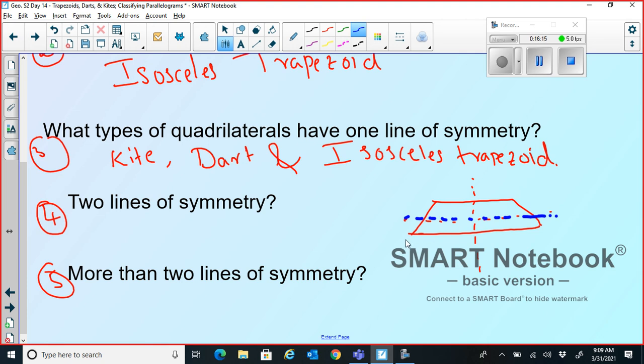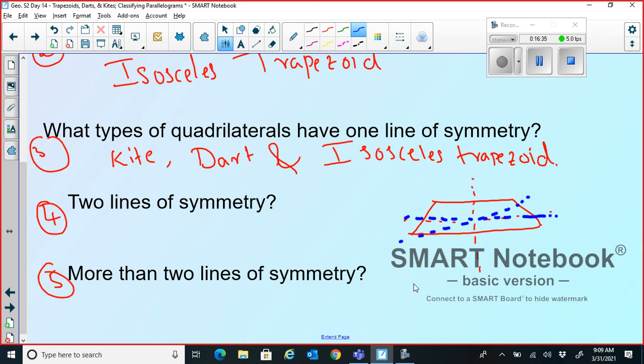Let's try once again across like this. Will it be symmetric like this? No. Same way if I cross the diagonals? No. So two lines of symmetry if you take kite, dart or trapezoid, no. But if you have other quadrilaterals, yes, there you will be able to find lines of symmetry.